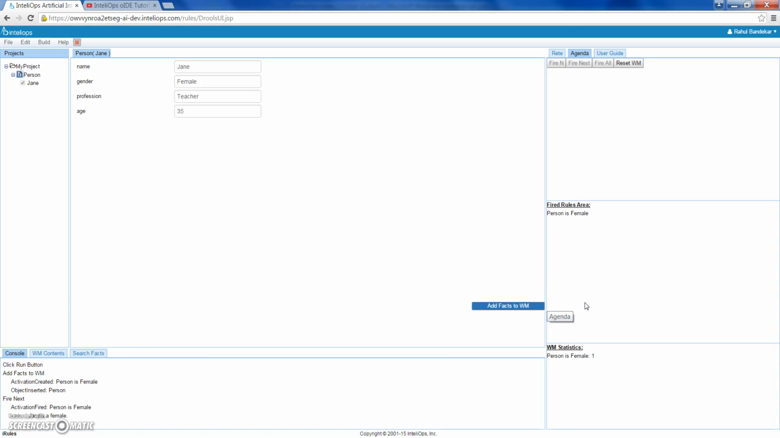So first we clicked the Run button. Then we created the Person fact and clicked Add Fact to WM or Working Memory. And finally, we clicked Fire Next. Also, notice in the middle of the right panel, your fired rule is listed here. So it went from the top to the middle. The WM Contents tab contains a summary of all the facts in the working memory. So let's click here. We only have one fact in the working memory right now, so that is what is